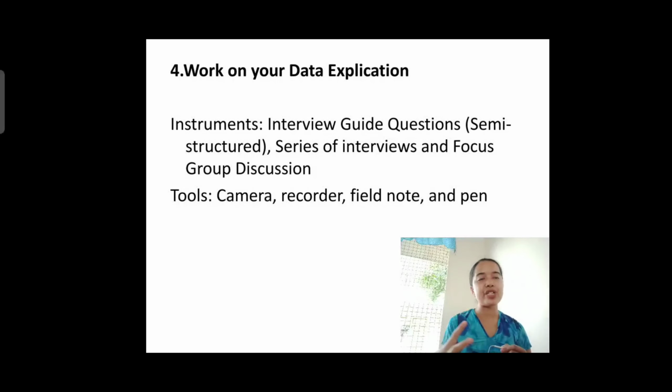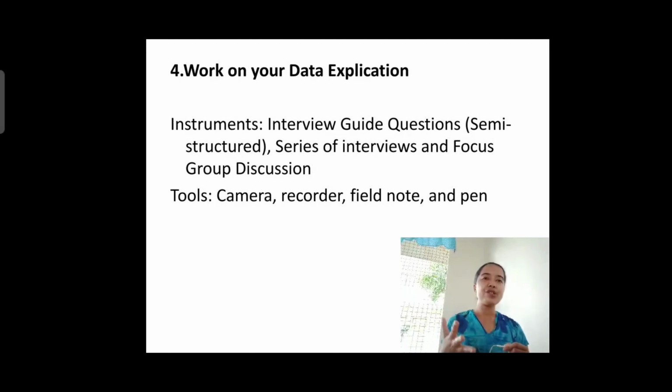What is a semi-structured interview? It's different from a structured interview because with a structured interview, you have to follow every detail of your guide questions. However, with a semi-structured interview, you can just pop up an impromptu question. For example, your conversation partner has shared a certain interesting story and you want to ask a follow-up question which is not related to the guide question that you prepared. So you can just have an ad-lib question in order to scrutinize the details of the story.